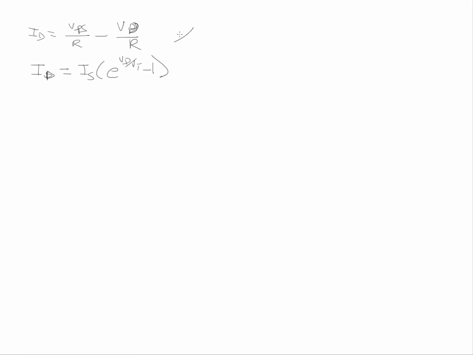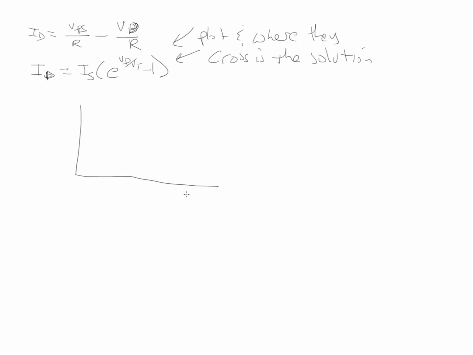And so you're just going to plot these two equations, and where they cross is the solution to the problem. So if I have a VD and this is ID, how you plot this equation, they tell you in the book, is first